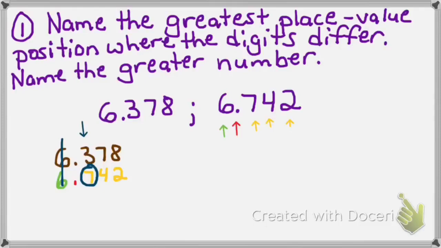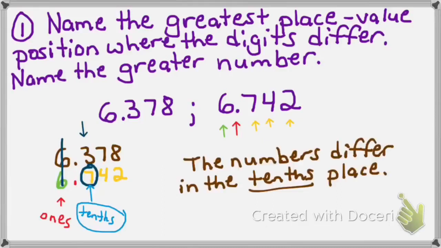And the first direction told me to name the greatest place value position where the digits differ. That dark blue arrow shows me that the digits differ where the 3 and the 7 are. So I need to figure out what's that place value position. Well, I know that the digit before the decimal is the ones place. And I know that the digit after the decimal is the tenths place. And that's where these digits differ. So here's my first part of the answer. The numbers differ in the tenths place because 3 and 7 are the first different numbers, and those are in